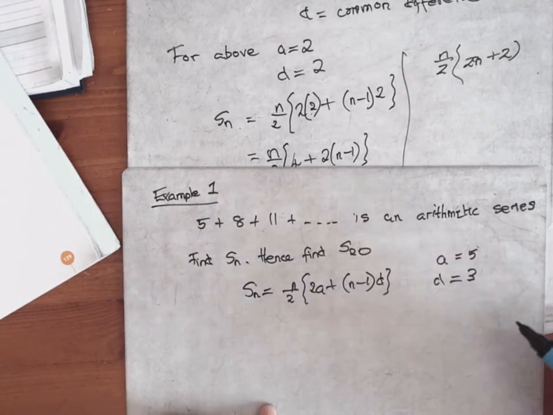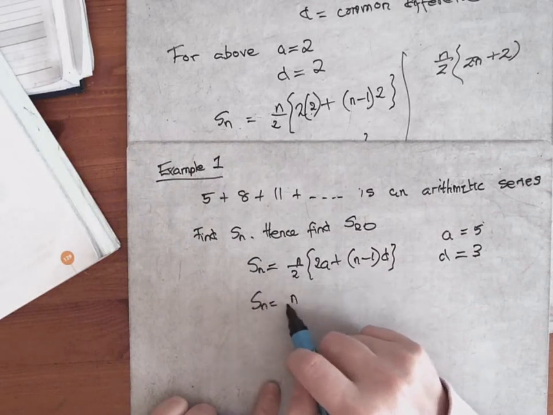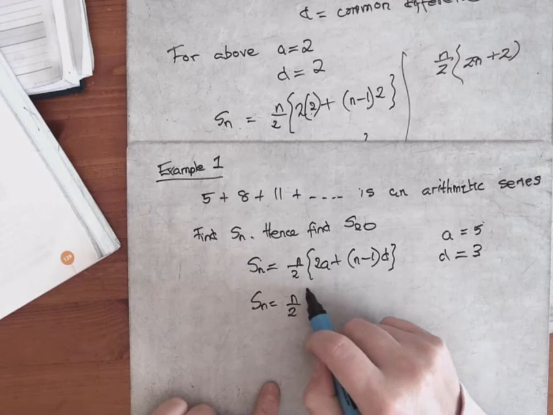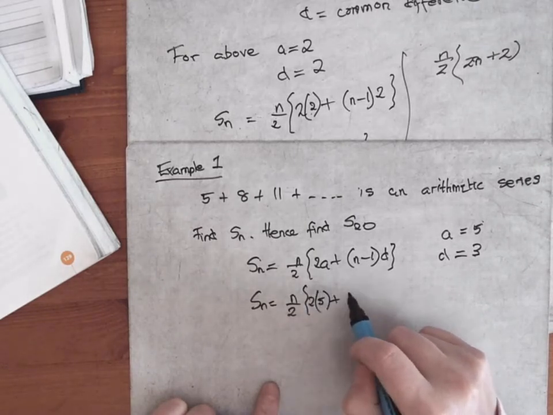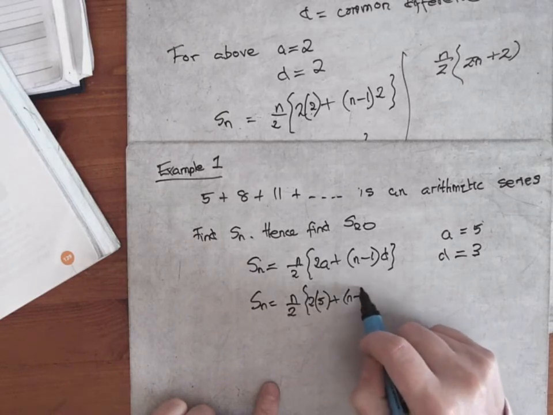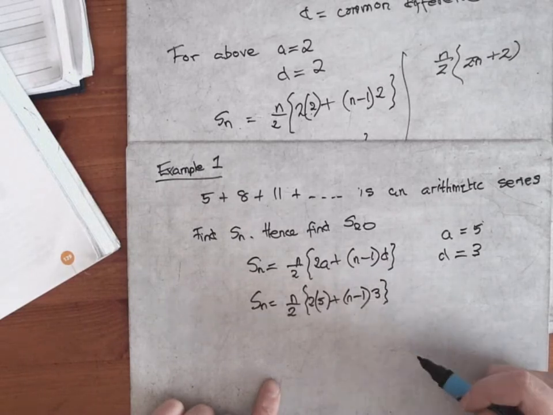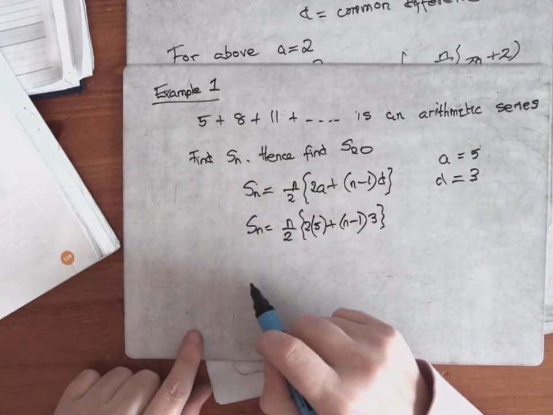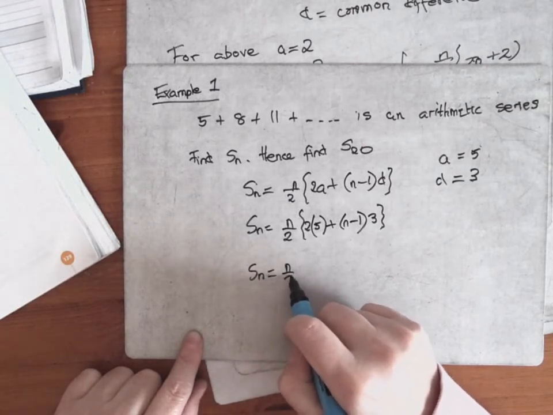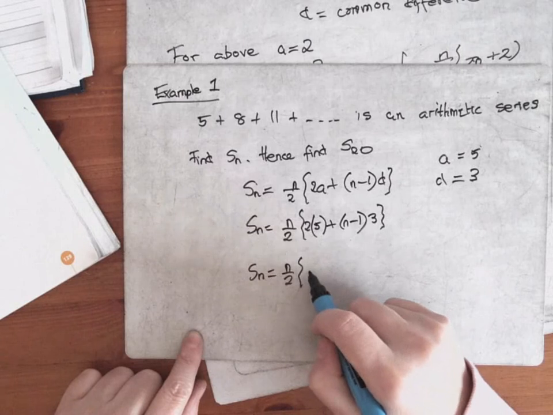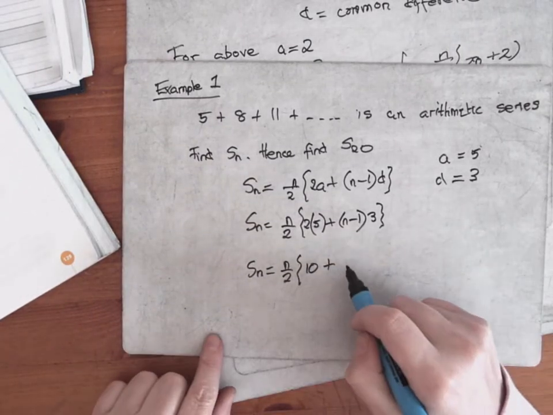Then I fill in. So you get Sn equals n over 2. Remember, don't fill in for the n. 2 times, a is 5, so it's 2 times 5 plus n minus 1 times d, which was 3 here. So that means Sn equals n over 2 into 2 times 5 is 10 plus, multiply into the bracket there,